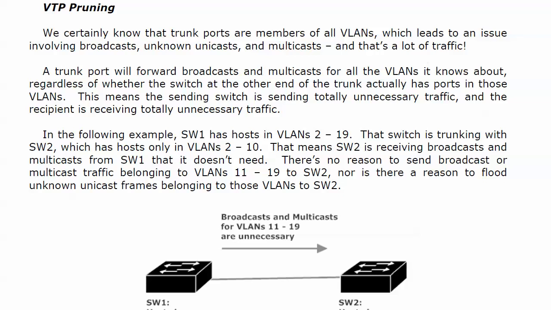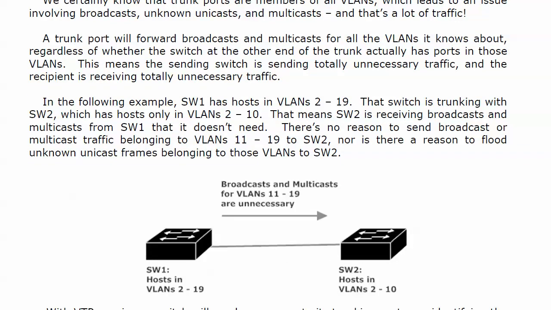Now, a trunk port is going to forward broadcasts and multicasts for all the VLANs it knows about, regardless of whether the switch at the other end of the trunk actually has ports in those VLANs. And this means that most likely our sending switch is sending totally unnecessary traffic and the recipient is receiving totally unnecessary traffic. And we know there's overhead involved with each. Plus, of course, we would be using up some of our bandwidth here between our switches